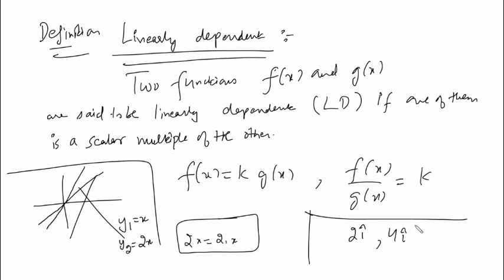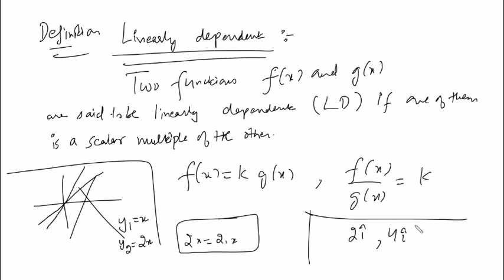And similarly, minus 3i. You are still along the x-axis, but you are just moving in the magnitude. So all these vectors, 2i, 4i, minus 3i, are linearly dependent on each other. You are still on the same line. What you are doing is just moving in terms of magnitude. That's why I said originally the context of linear dependence is in vectors. So when you study linear algebra, you will first understand linear dependence in the sense of vectors, right?